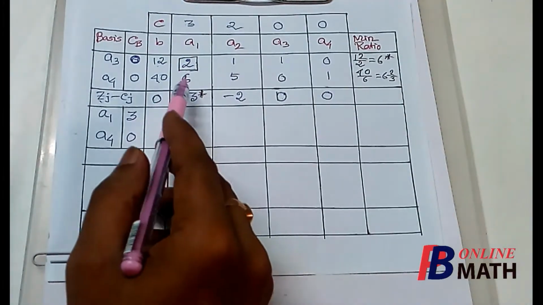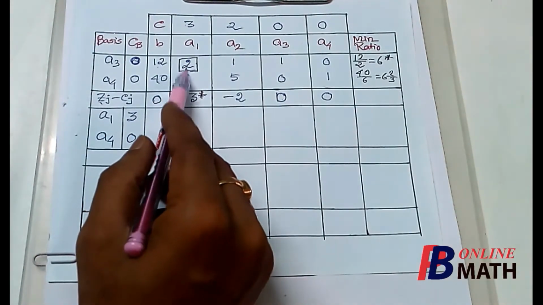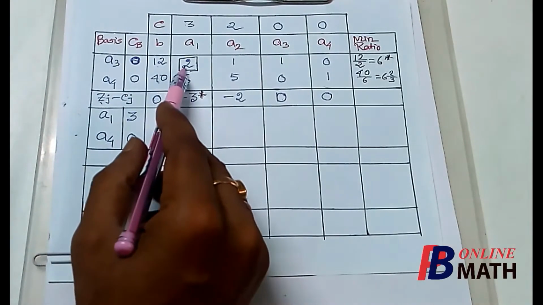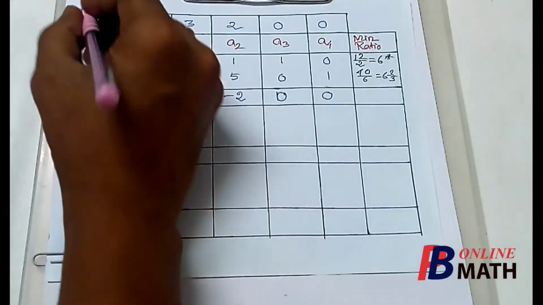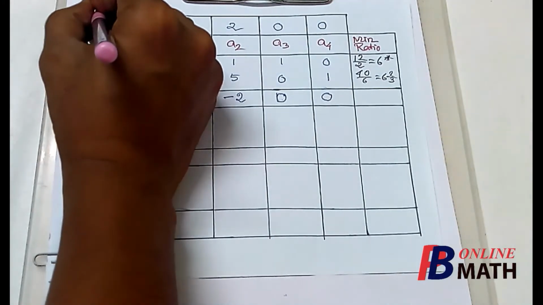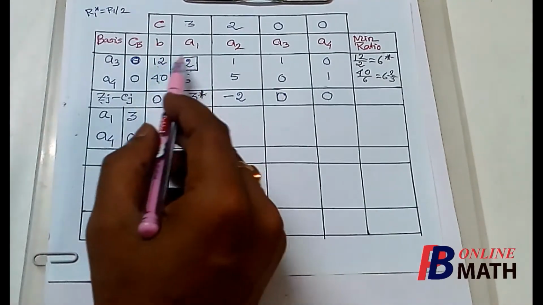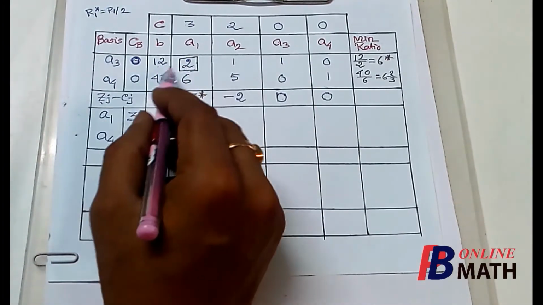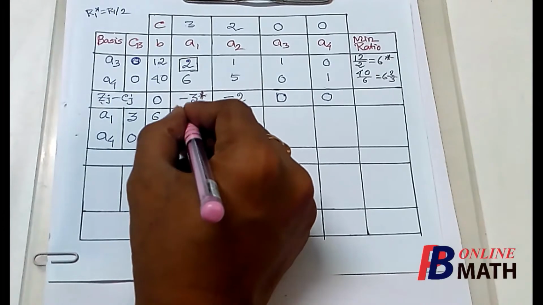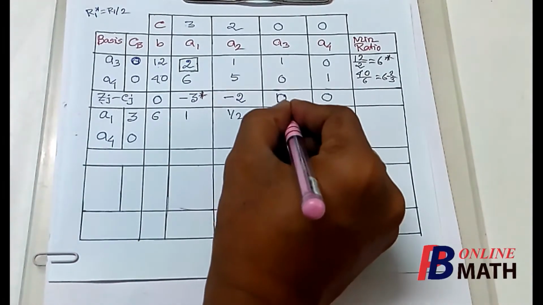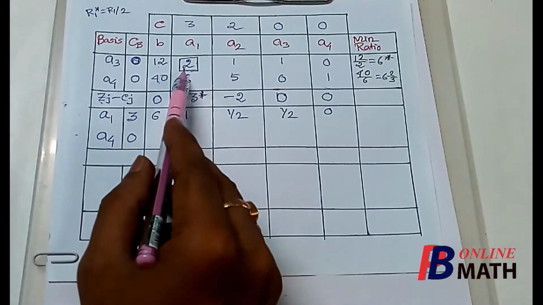Now we have to use the matrix row operation. In the next step we have to make this element as 1. So we can easily make this element 1 by dividing this entire row by 2. So actually we are using this row operation, r1 star equal to r1 by 2. If we use this row operation on this row, then the elements become 12 by 2, which is 6, 2 by 2 is 1, 1 by 2 is half, 1 by 2 is half, 0 by 2 is 0. So this element has been made 1.